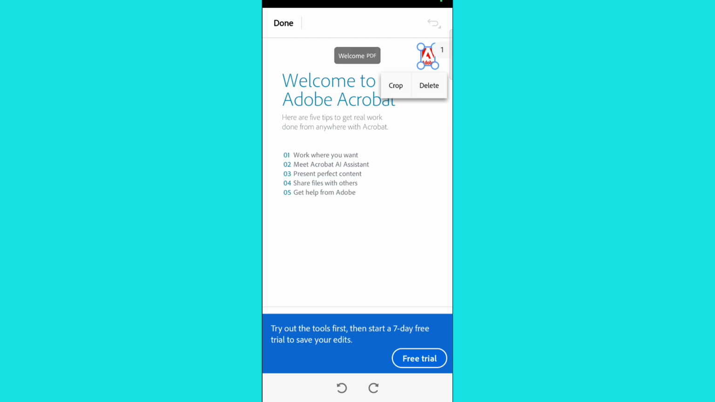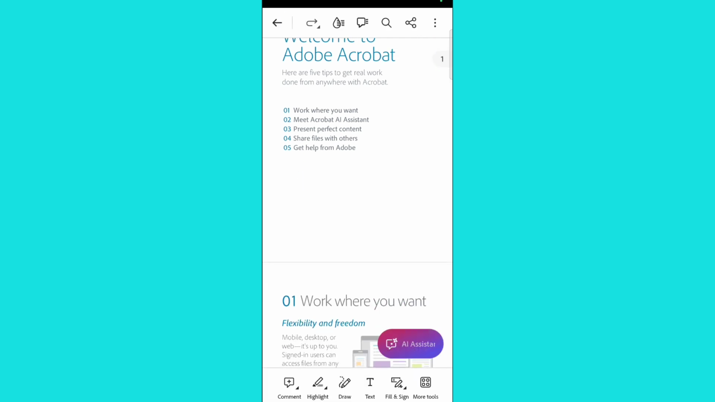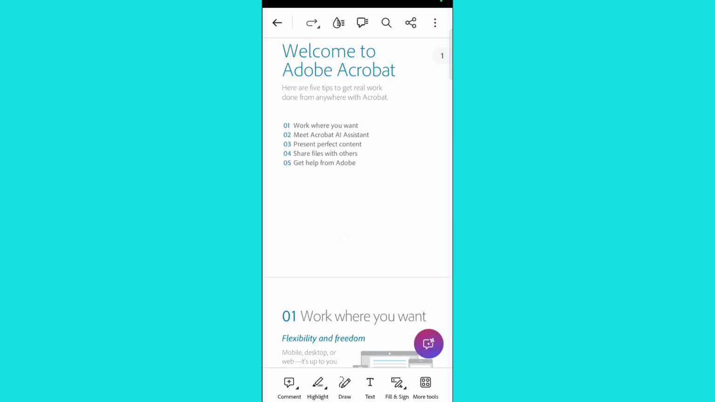Then in the right corner, you will see the option fill and sign, so click on it. Then